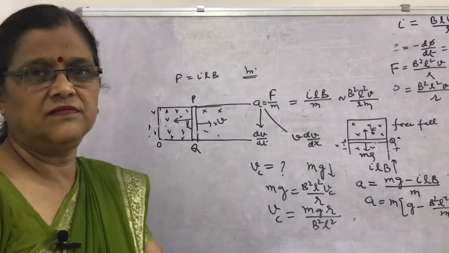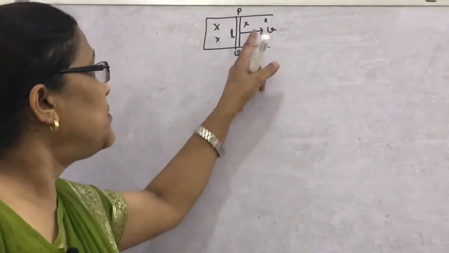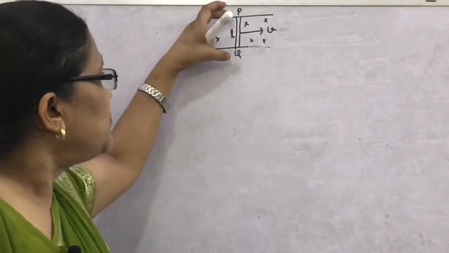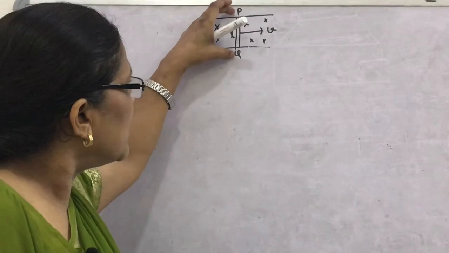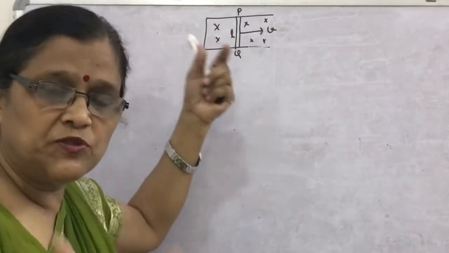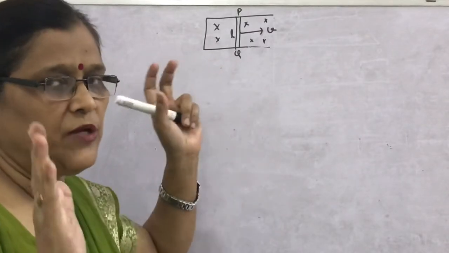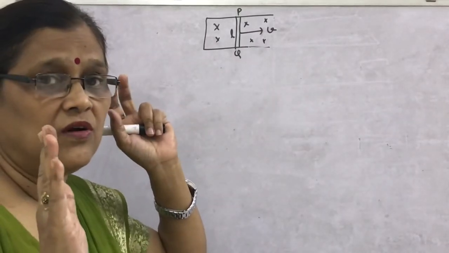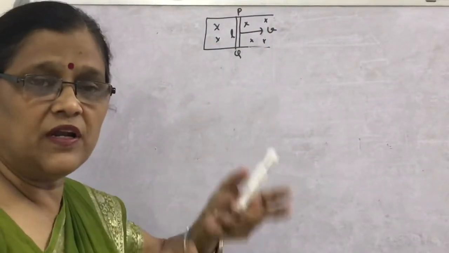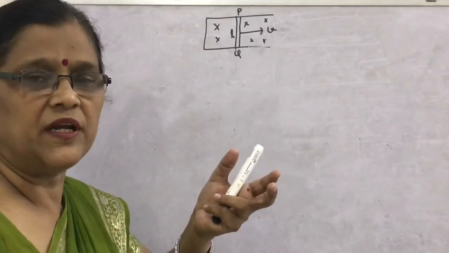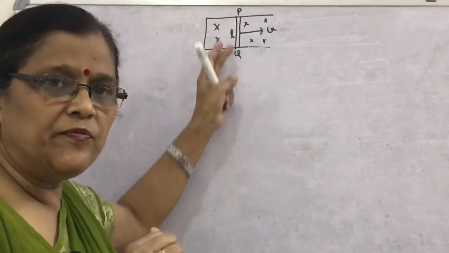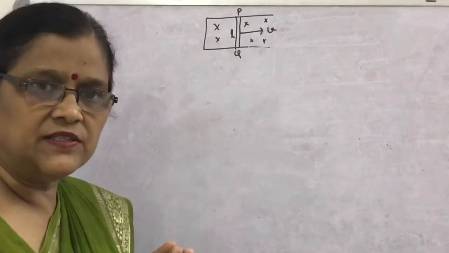Now we will see, like the rod, suppose this frame is like the rails and the train's wheels are running, with the axle connected to the wheels. So P and Q are supposed to be the ends of the axle. Will motional EMF be induced or not? Look, if the train runs, which magnetic field lines will it cut? The vertical component of Earth's magnetic field. So yes, a small amount of motional EMF will be produced between the ends of the axle.